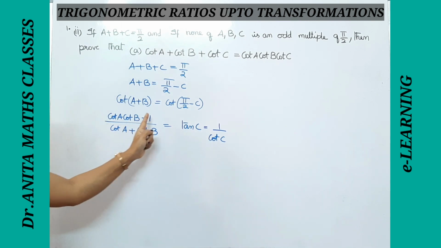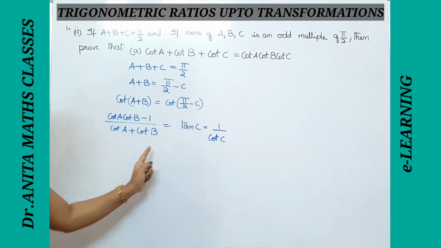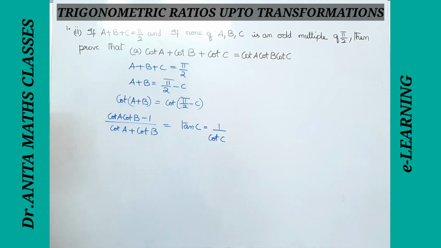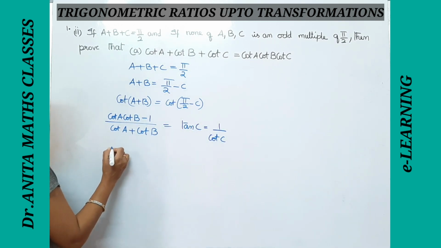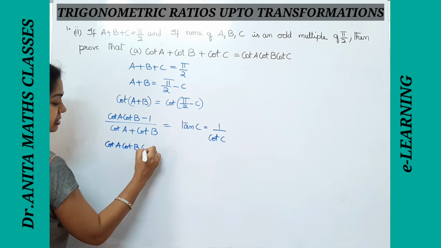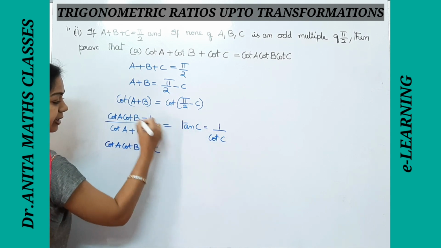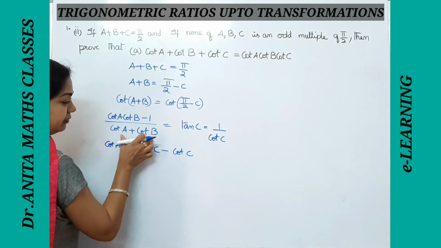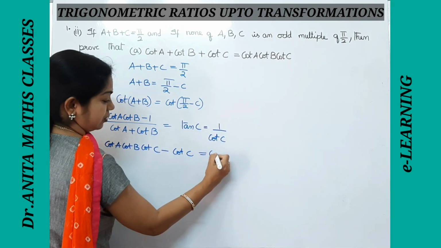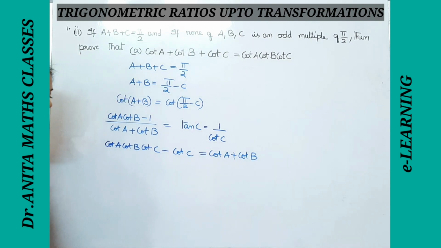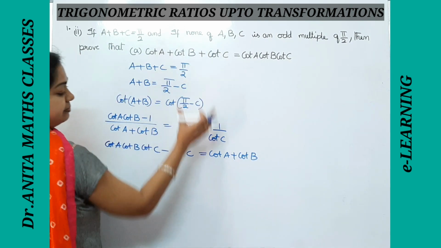Now what we will do, we will cross multiply cot c to the numerator and 1 to the denominator. Let us cross multiply here. That comes here cot c, here cot a cot b cot c, directly I am multiplying to both the terms, minus of cot c here, and 1 if you multiply the same thing, you get cot a plus cot b, right here. Now the question is this simple thing, we got it.